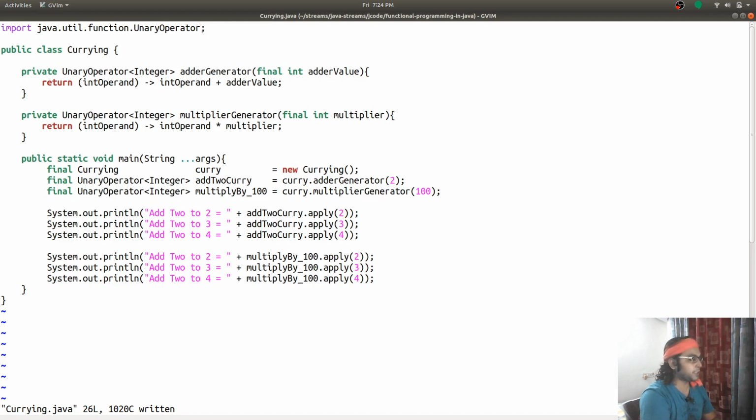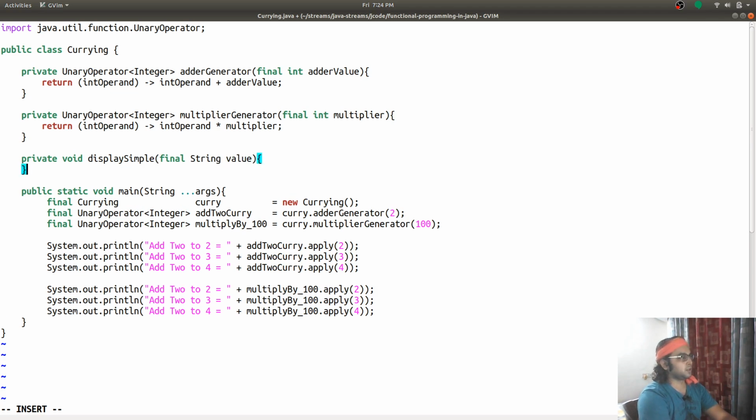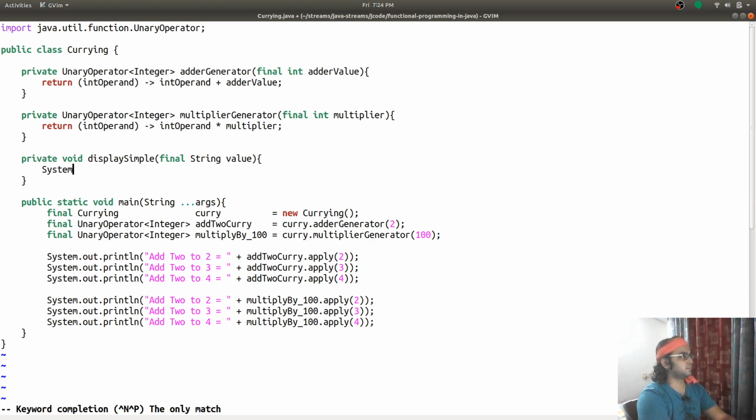For something like a print statement, suppose I want a private void display simple that takes a string and prints this value without anything new added to it.